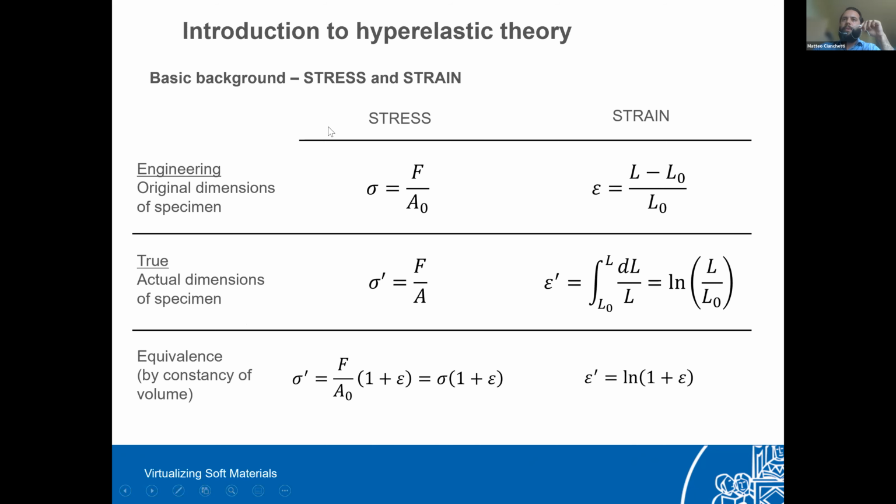Before going into these models, let me just remind you of a few background concepts that are useful for the rest of the presentation. There are two kinds of stress and strain, engineering and true. The difference is that engineering assumes that the dimensions of the specimen remain constant. So we are relying on a cross-section area that is constant, the original one, and also for the strains. For the true stress and true strains,